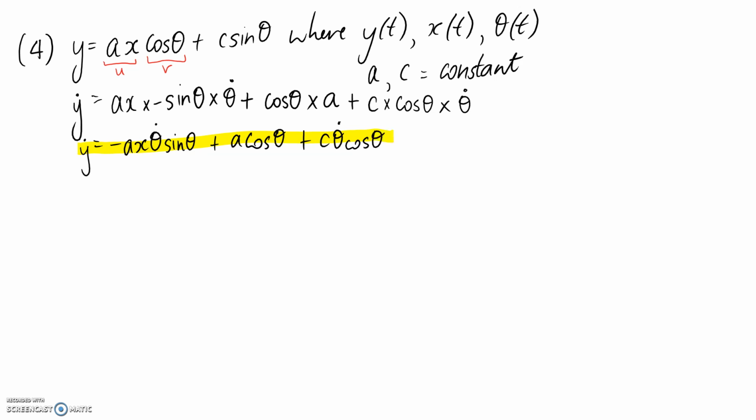So hopefully those couple of examples will help you with taking these derivatives with respect to time. Really the only trick is making sure you recognize when you need to use the product rule, when you need to use the chain rule, and when you have constants in the equation. So I've covered off on a few examples of each of those, and there's going to be some